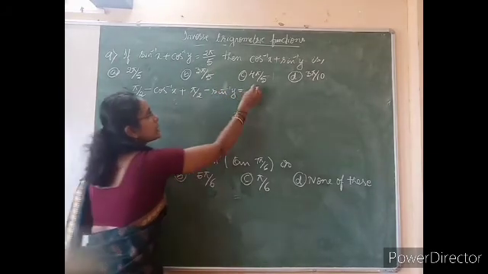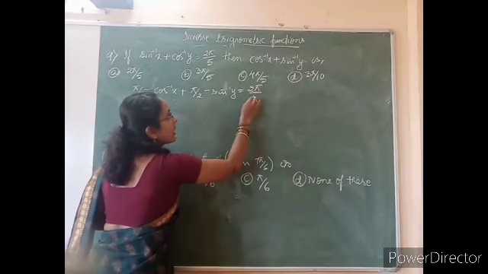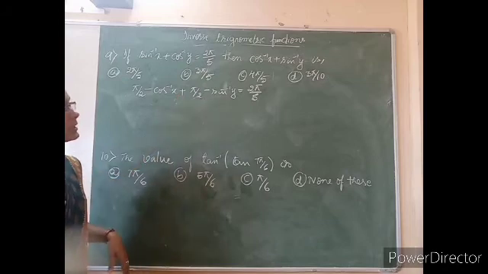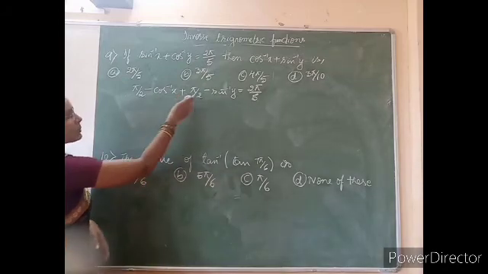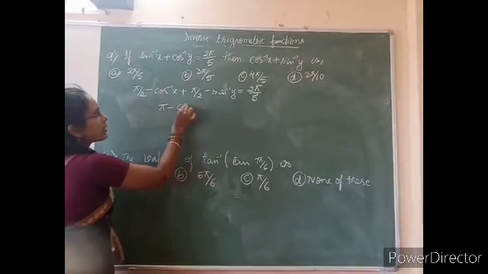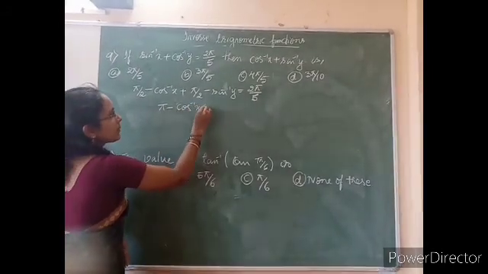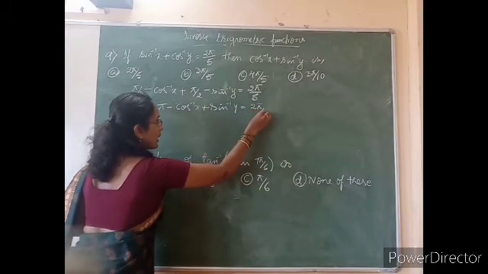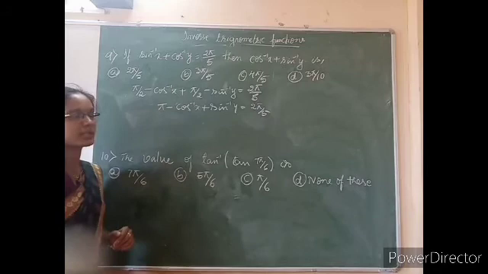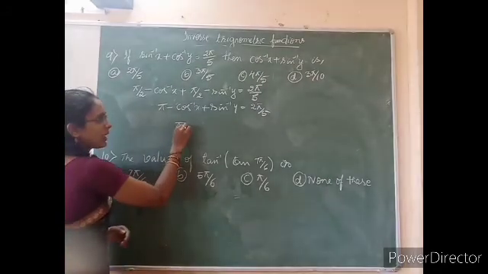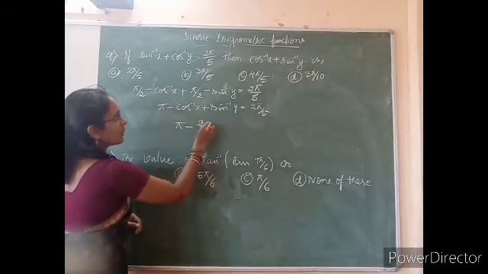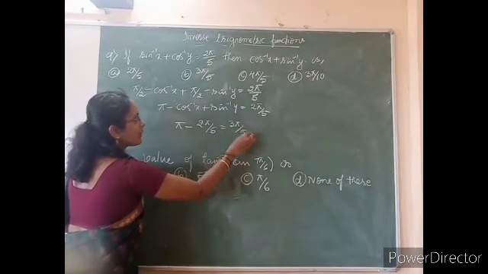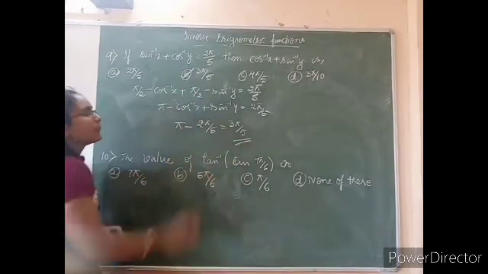Anyway, this value is 2 pi divided by 5. So minus cos inverse of x minus sine inverse of y, or pi by 2 plus pi by 2 is together pi, minus cos inverse of x plus sine inverse of y. So this is equal to 2 pi by 5, or cos inverse of x plus sine inverse of y is pi minus 2 pi by 5. Therefore, the value is 3 pi divided by 5. So, similar to the previous problem here.